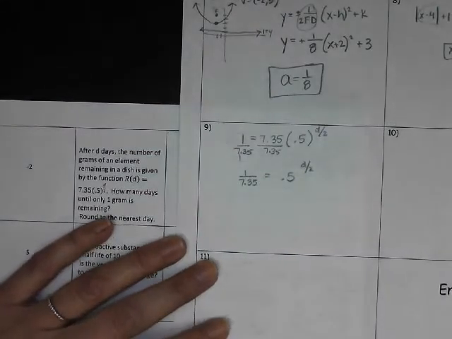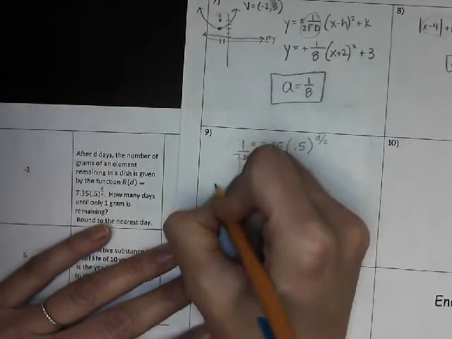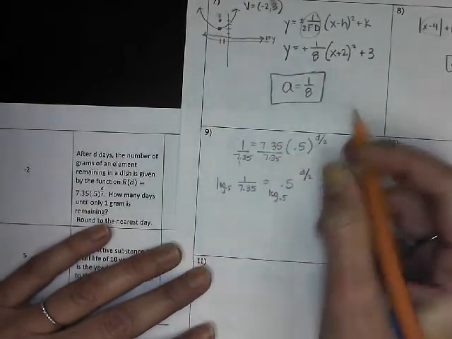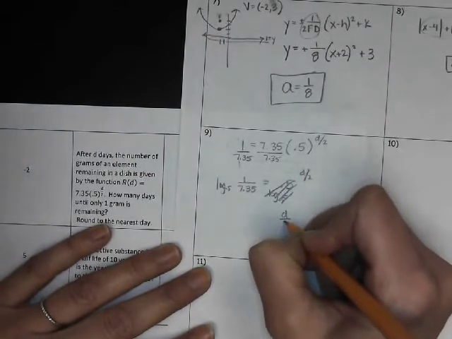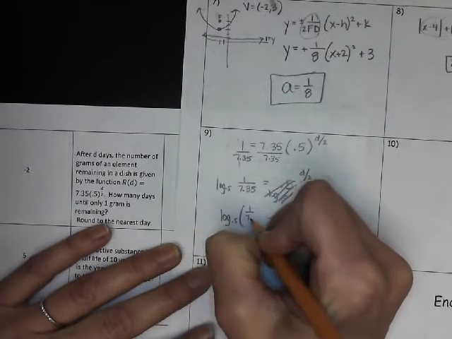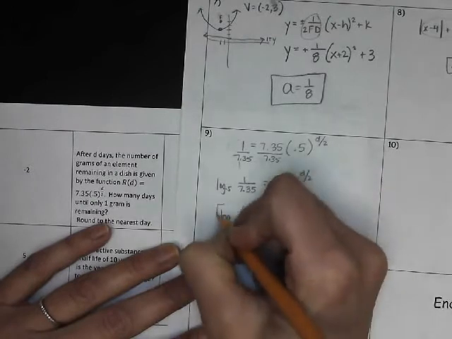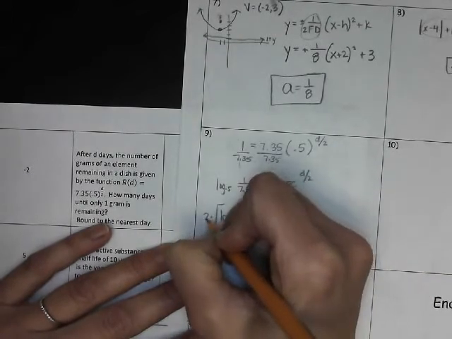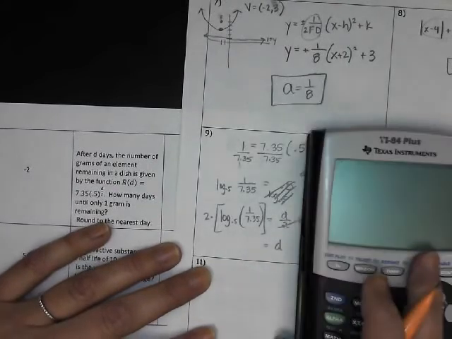Log both sides, natural log both sides, or log base. The base of the exponent is 0.5, so log base 0.5 on both sides. That'll cancel that. And then you'll have d over 2 equals log base 0.5 of 1 over 7.35. And then to solve for d, times 2, times 2. So d equals